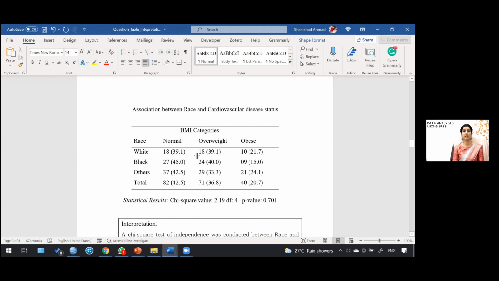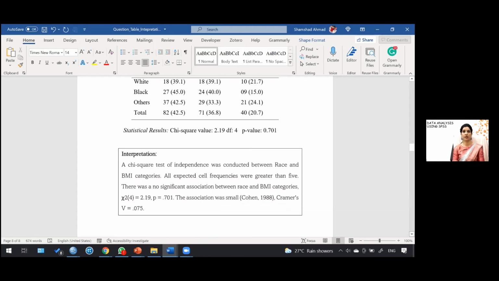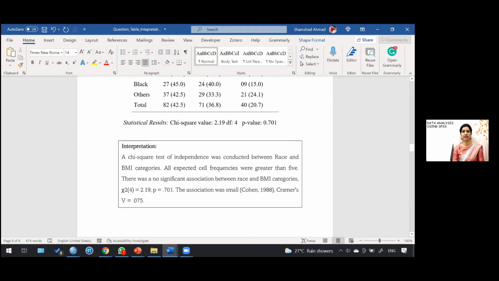And then it is the observed count and the percentages which are here. So while you are doing this for your thesis or any research, you don't go with checking the expected count, because that makes the table very heavy. So in the command, you can only check the observed count and row-wise percentages. And here you can see the value of chi-square. So one of you can read the interpretation for me.